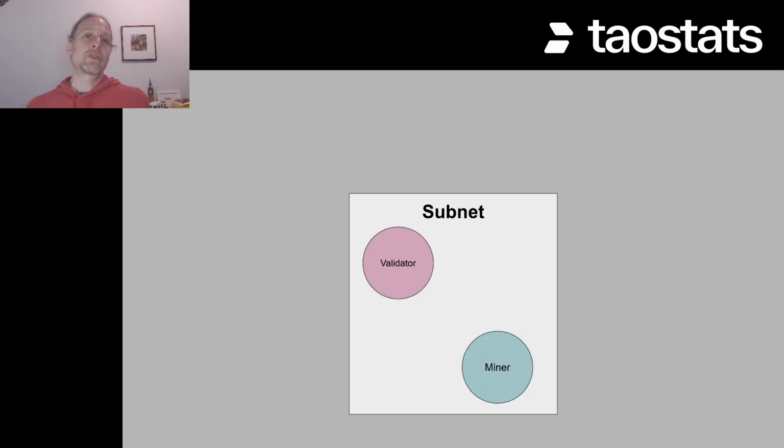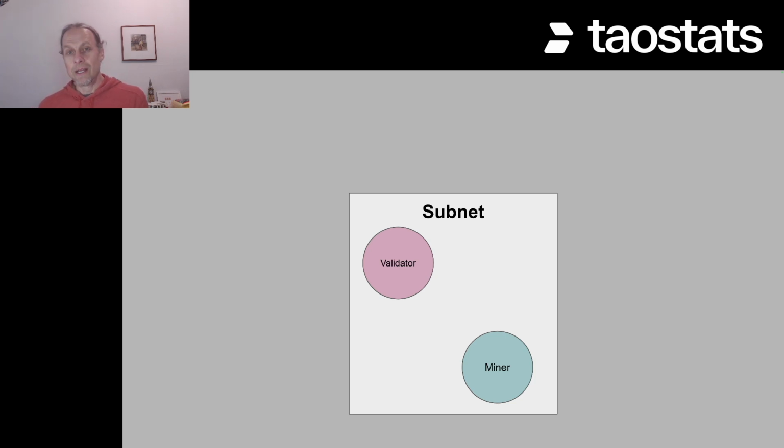So you've decided to create a subnet. You put aside your 1,000 tau so you can register it. You've got to create the code for the validators and for the miners. And I sort of alluded to this. There's a checks and balances. You've got to figure out what the miners are going to do and how they're graded and how the results are. And listening to subnet creators, there's a lot of edge cases you have to worry about,